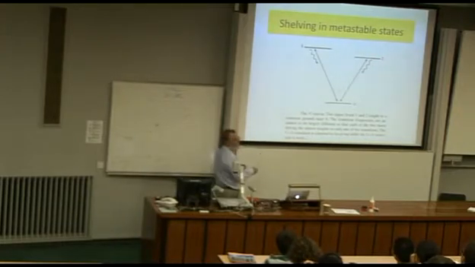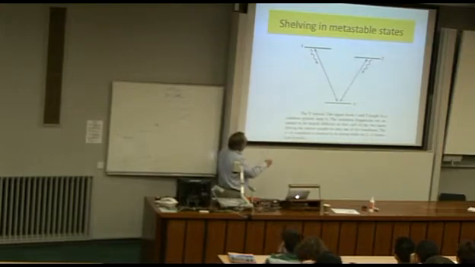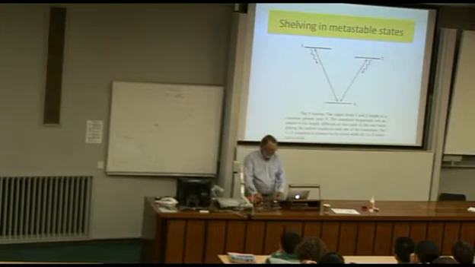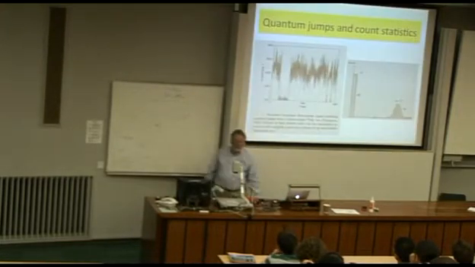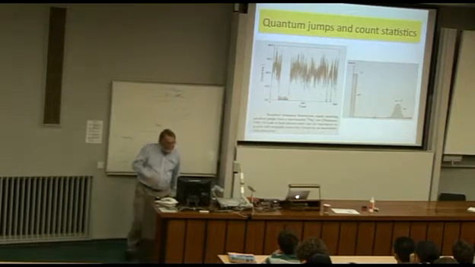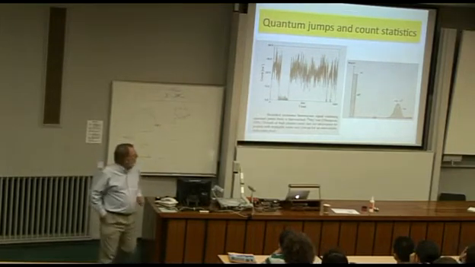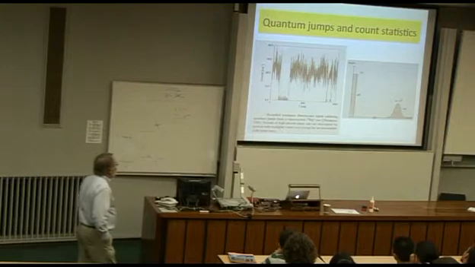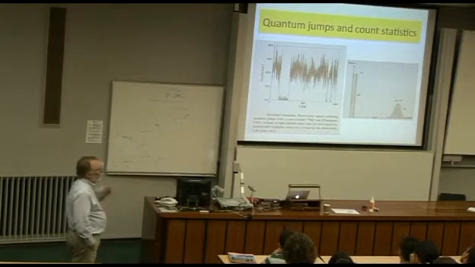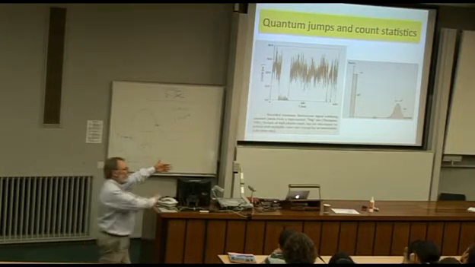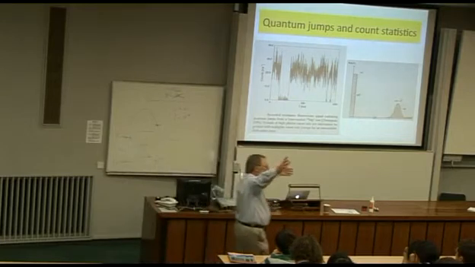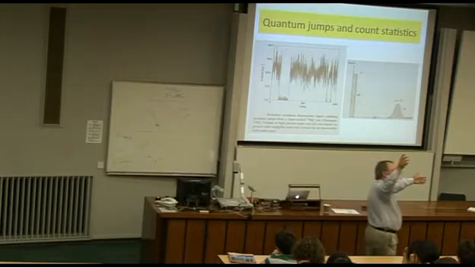For a single realization, I can get a lot of fluorescence, but as soon as I make a transition to this state, the fluorescence will stop. Okay? So, just to show you what happens, this is from Richard Thompson's group from ages ago. You can see this random jumping. So you get a strongly allowed fluorescence interrupted every time you make the transition to a shelving state. Then you have to wait a certain time before it falls down again